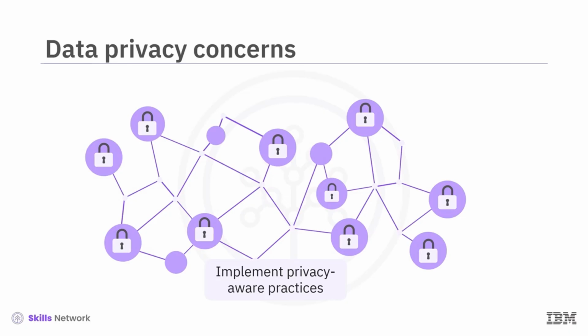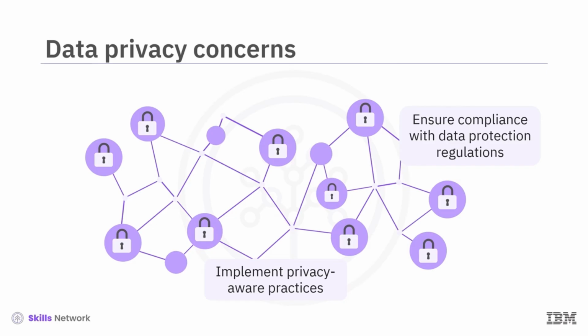Implementing privacy-aware practices is crucial for compliance with data protection regulations. For example, ensuring UBA systems anonymize data where possible and comply with regulations such as GDPR helps mitigate privacy concerns